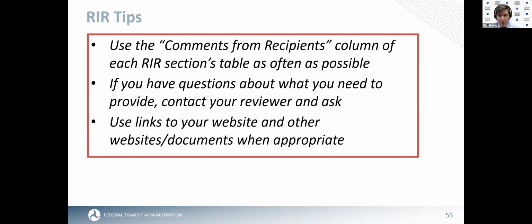So we've got a couple more RAR tips. Ooh, one that we haven't said enough. Use the comments from recipients column of each RAR section as often as possible. If you have questions about what you need to provide, contact your reviewer and ask. They'll definitely appreciate this. They'll pick up the phone call, and if you're unsure, then they can